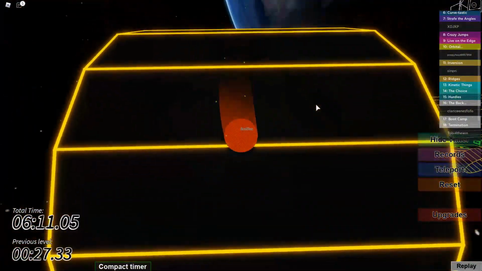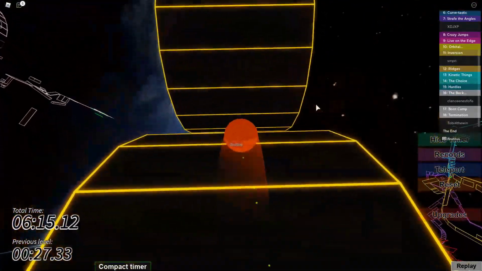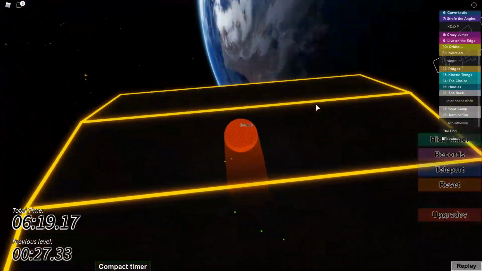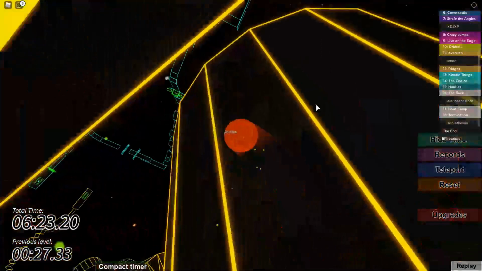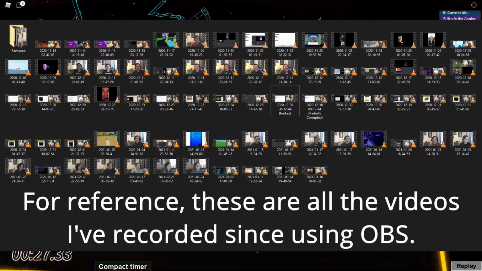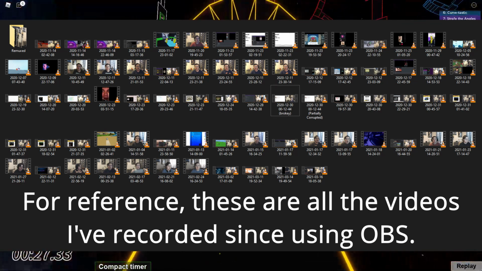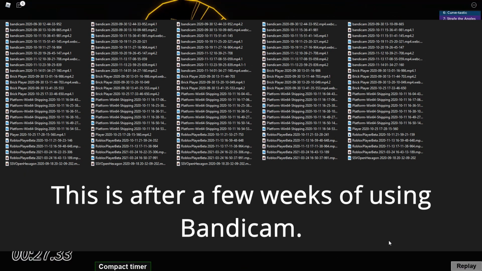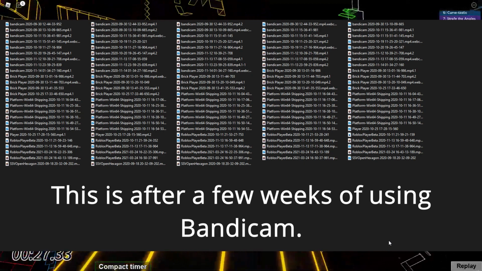But other than that, that's really the only technical difficulty that I came across when recording with OBS. However, it wasn't the recording setup alone that made me switch to OBS. Editing videos with OBS recordings was a lot easier. Importing OBS recordings took a lot less time than importing Bandicam recordings, because there are fewer files that OBS outputs, and because of the smaller file size, it made it a lot easier to import into Premiere